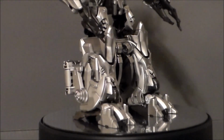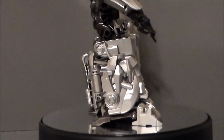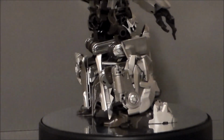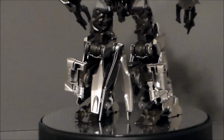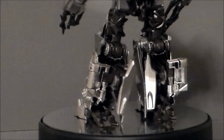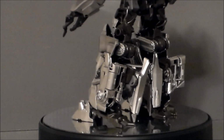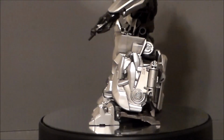Legs, nice, big, bulky. Love the ankle pivot in it. All the sculpt, all the design, all the paint looks nice. The wings of the jet fold up into the back of the legs here, which I find to be amazing. The sculpt and design on this figure, just really super impressive that you could hide all that in there, and